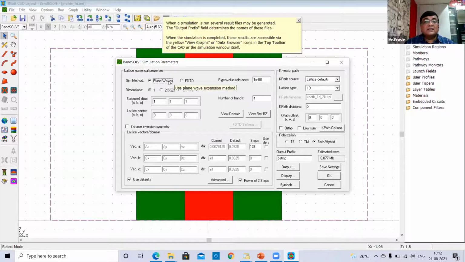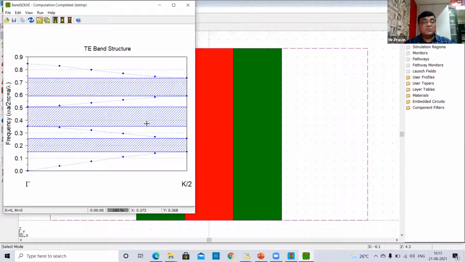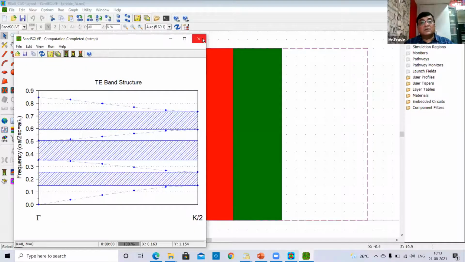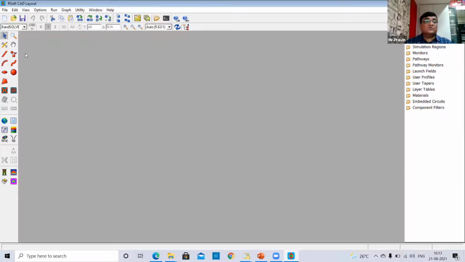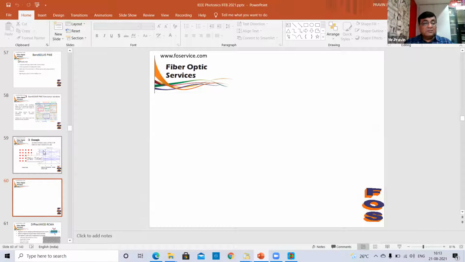This is using the PWE method, and you are solving both, that is the hybrid mode. You can select the TE mode also and just check whether TE modes are available or not. So you can select the polarization you want to use for the calculations. Okay, so this is the band solve.